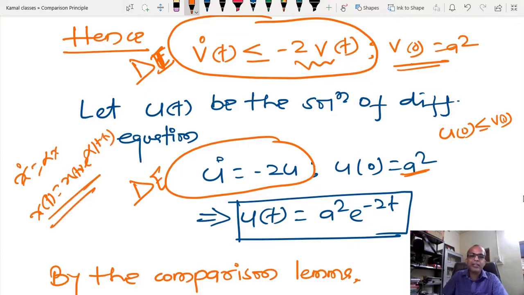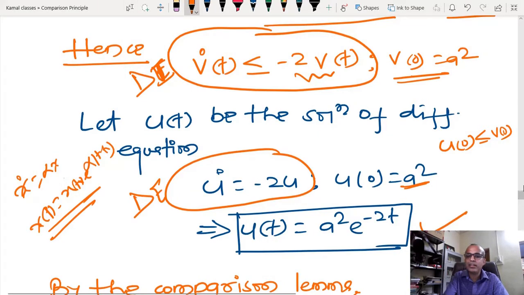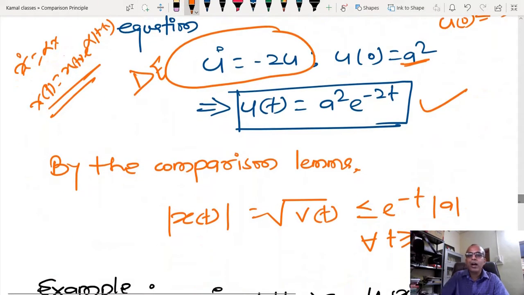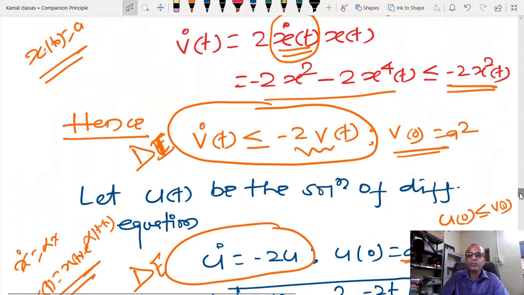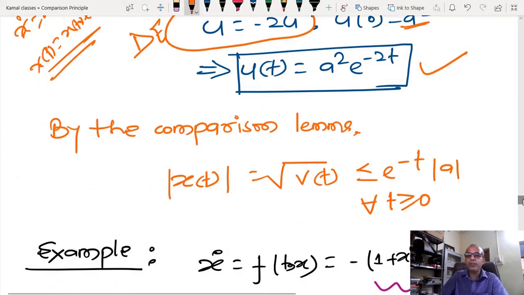Similar things I have done here. If t0 is 0, then I have x(0) and e power alpha t. So you can see that there is no need to solve the complicated equation. I have just solved this equation, and now I know how x(t) and u(t) are related, or x(t) or v(t), because I have defined V(t) equal to x square. After substituting, x equals the square root of V(t), and what is the relation between V(t) and u(t)?